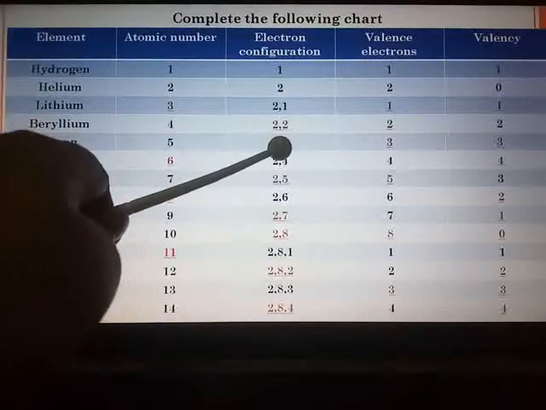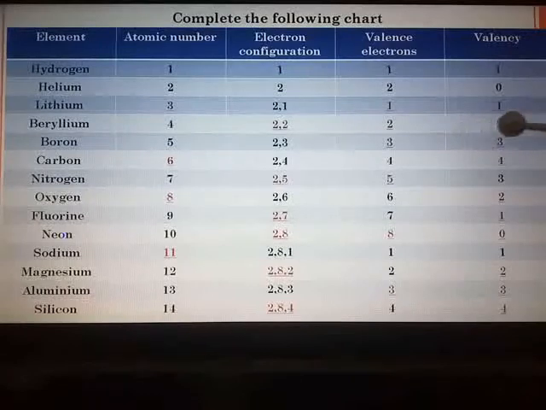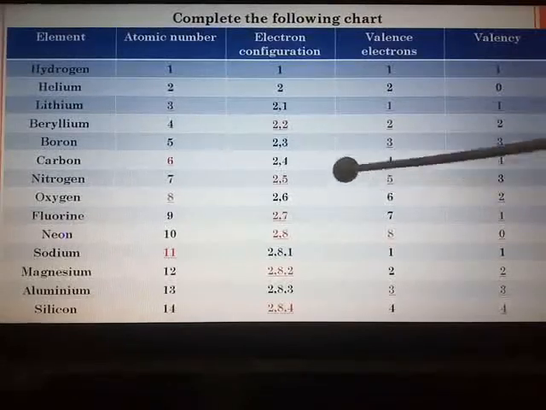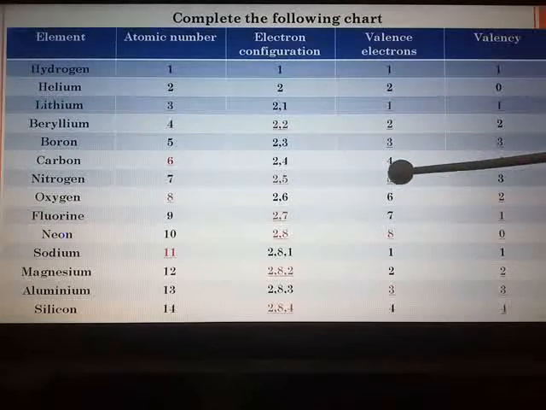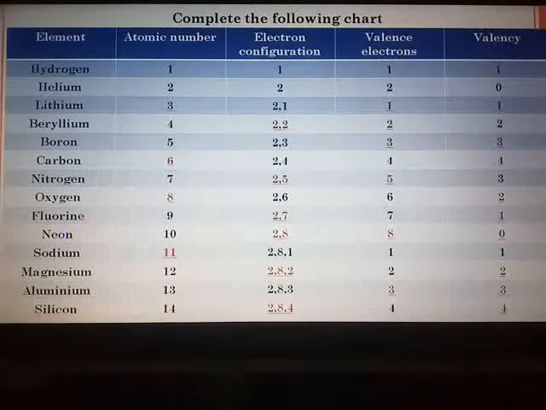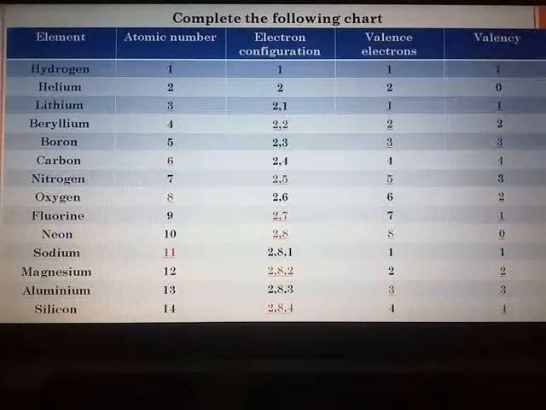Boron has 3 valence electrons. For carbon it is 4 valence electrons. So 3 will be donated. 3 is the valency for boron. For carbon it is 4. Nitrogen, be careful, 5 valence electrons, as I have told you just now in the topic. Instead of donating 5 electrons, 3 will be taken up. That will be easy and it will become stable with 2 in the first shell, and after taking 3, 8 in the second shell. So valence is 3.